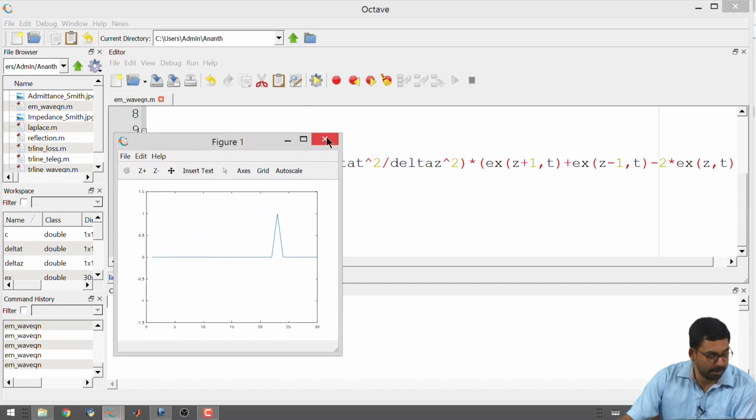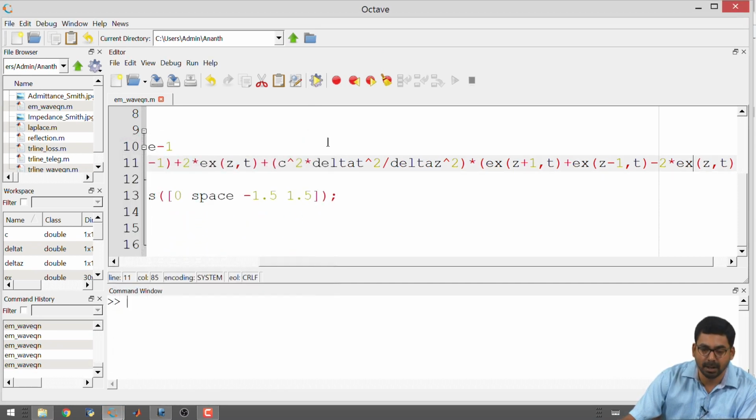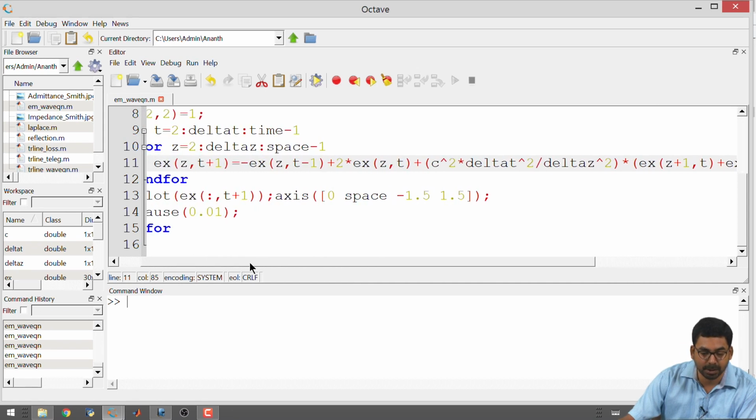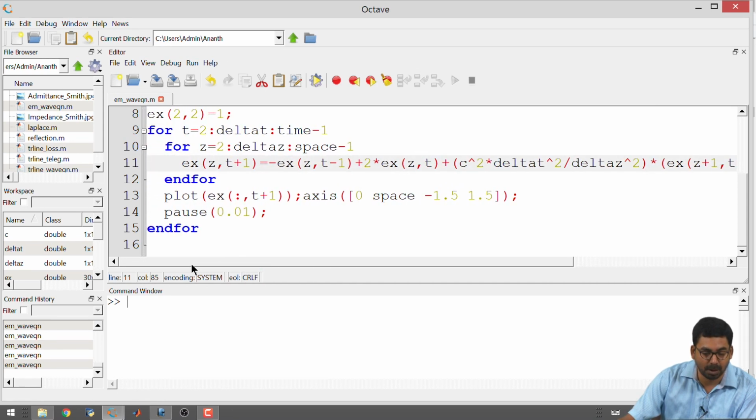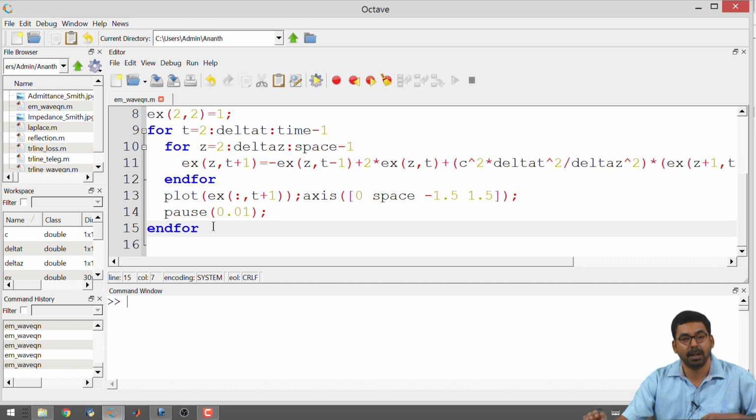So, I have a working program, and it is a correct solution to the wave equation, because all we have done according to the mathematics is change the variable names. There is nothing significant here. But since we are now in an advanced stage, let us rewrite this in a slightly better way.